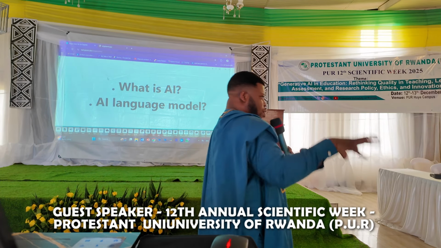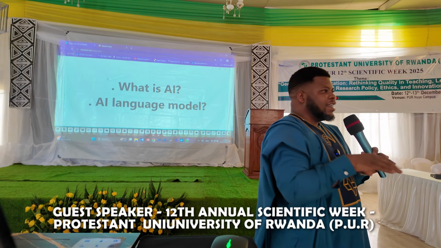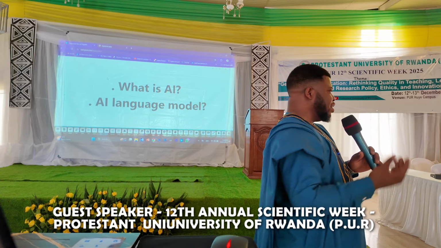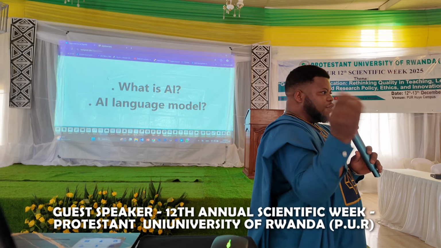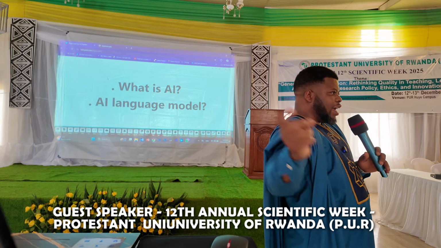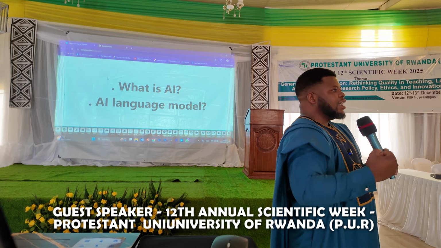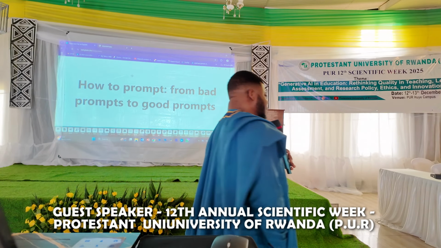So if you don't have enough data about Rwanda, if you go online, you are checking information about Rwanda, it will be very difficult unless you have a machine developed for Rwanda or P.U.R, and we feed enough data, enough information. That's where the models can be able to use those information to help us do our work. Now, we are going to learn something very practical.